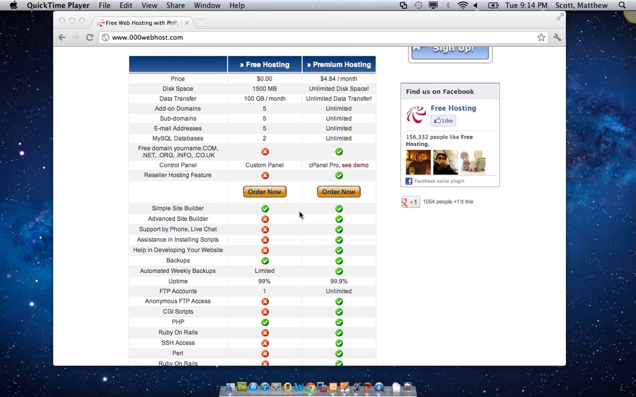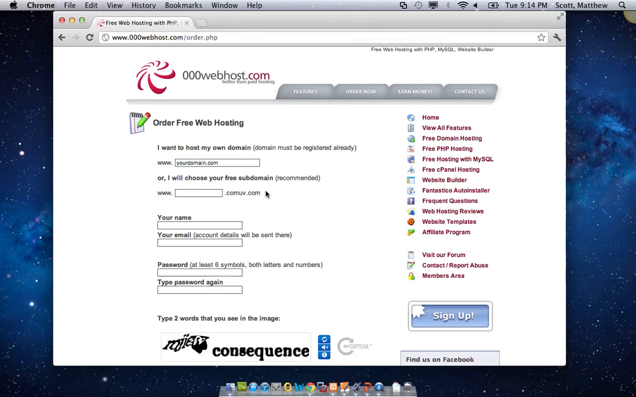And so to start with, it's probably worthwhile just pointing out the web address, which is over here. That's www.000.webhost.com. If you click Order Now, it should take you through to a form which you fill in to register. You don't want to host your own domain because that involves having to buy a domain. We're going to choose a subdomain which is completely free, and so my website I'm going to call